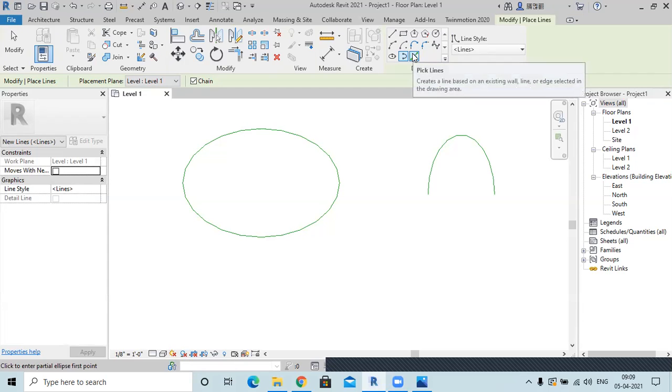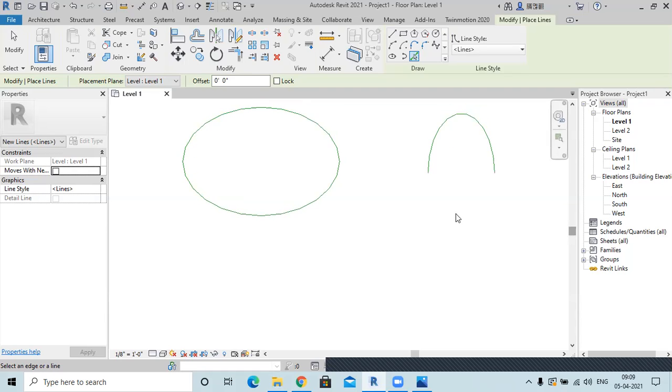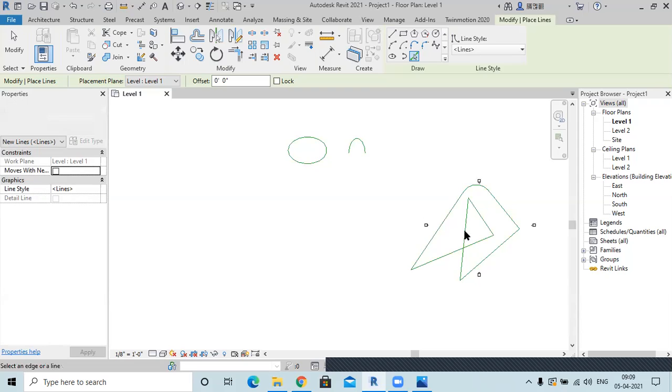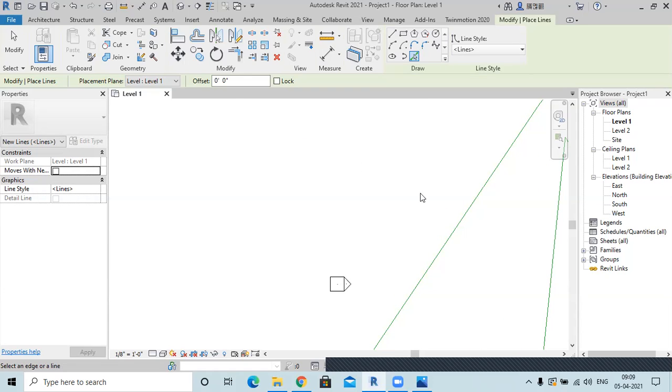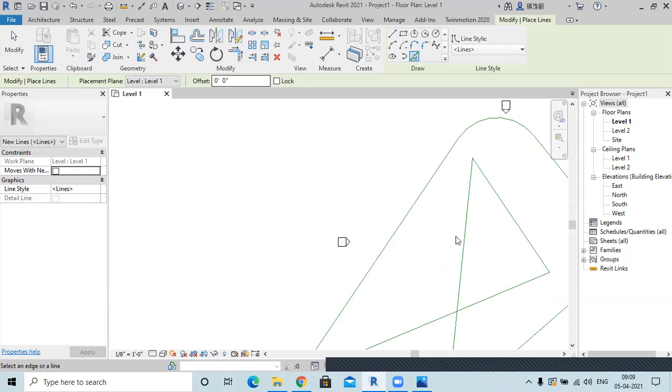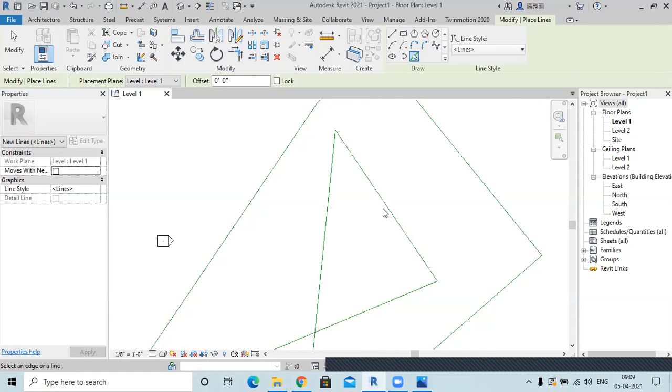Okay, so when I select pick lines, now I can pick different types of lines which are already created here. For example, this is the line. Now it works generally with an offset. If I want to create a parallel line from this line at a distance of 2 feet, I'll select the offset as 2 feet and press enter. Now whenever I hover over this line, I have not clicked yet, I'm just moving my mouse.